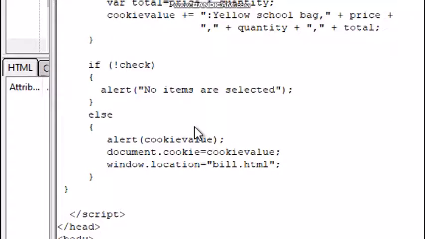Our next two lines are document.cookie equals cookie value semicolon, and window.location equals "bill.html" written within double quotation marks, semicolon. By using the statement document.cookie equals cookie value, the details of all selected products which were initially stored in cookie value are now saved as a cookie.